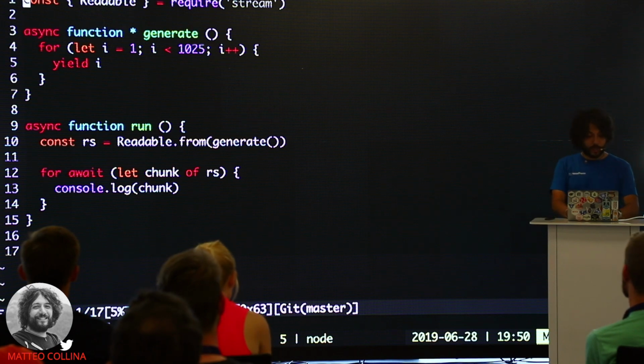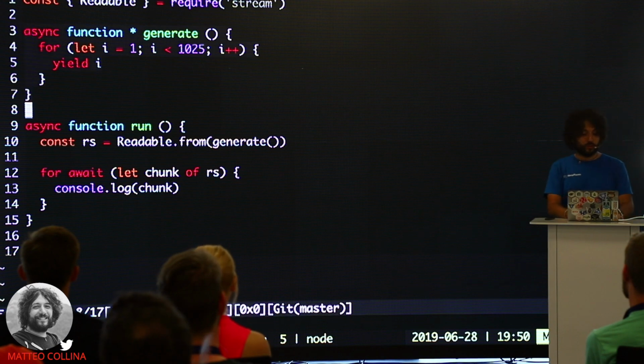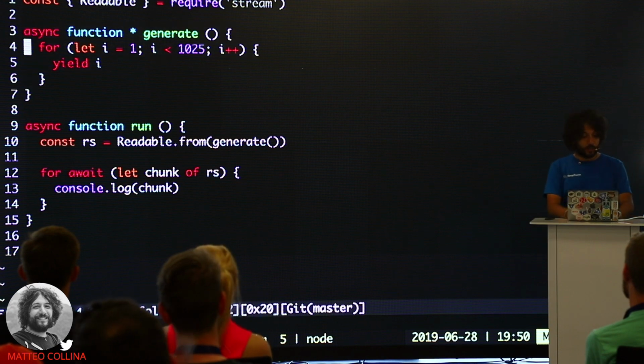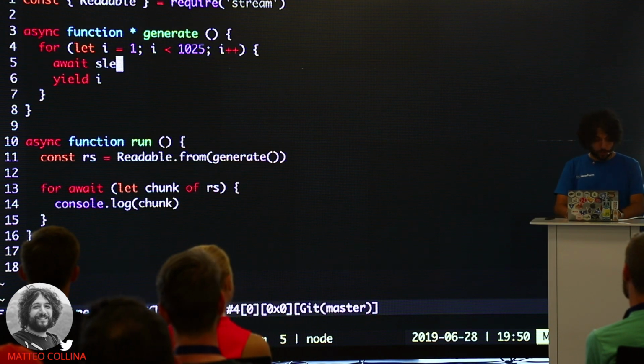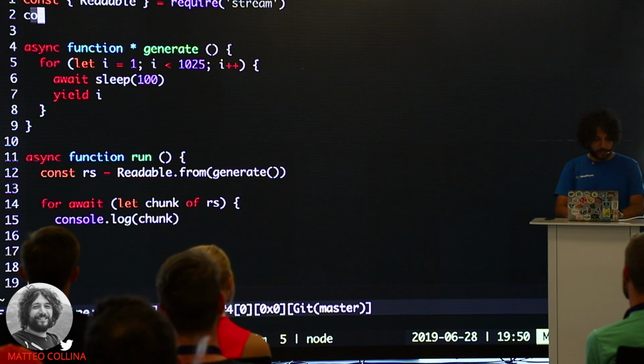And again, we can also use promises. So we can also use an async iterator here. So you can actually do await something. So you could potentially do sleep 100 milliseconds, and we need sleep. So